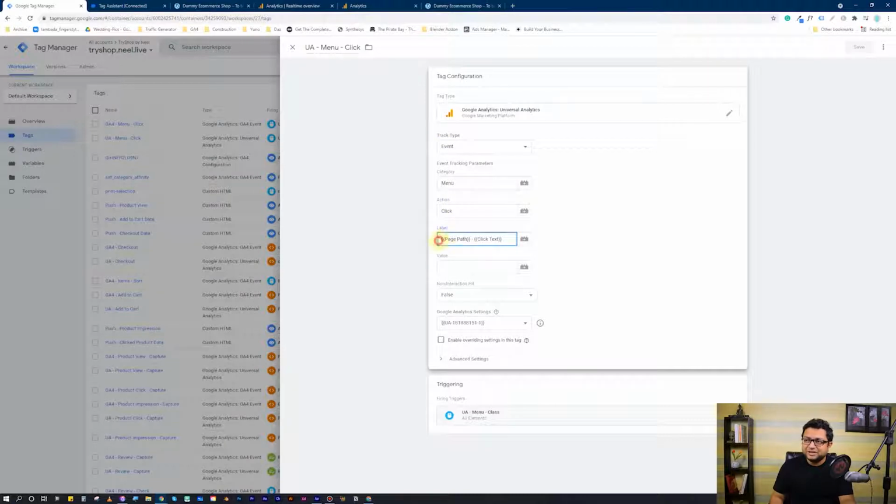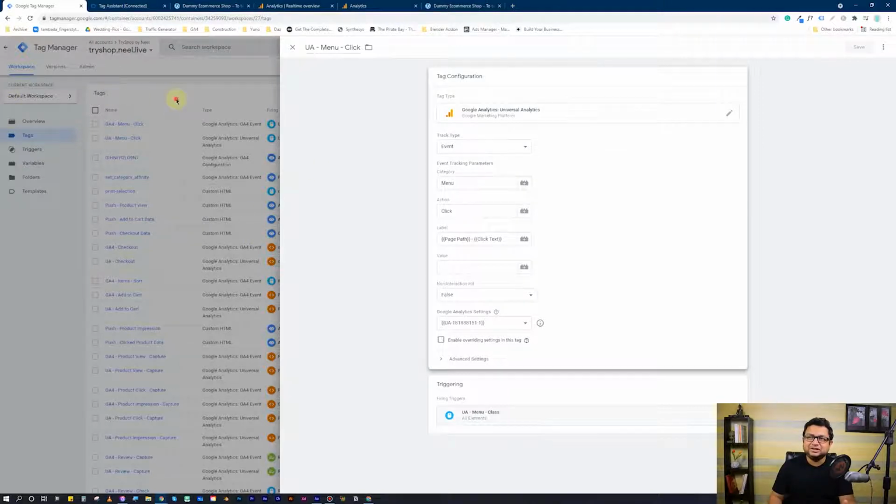In the label, you will see that I have stringed together the page path. Path is the URL part minus the domain part of it, right? The extending part of that URL. So that's the path. And then you have got the click text over here that I have stringed together with a hyphen. Okay, because I cannot send too much information. Maybe I can take the click text from here and put it over here. That's possible, but again, you can only do so much. It's not really that you can capture 10 sets of information, right?